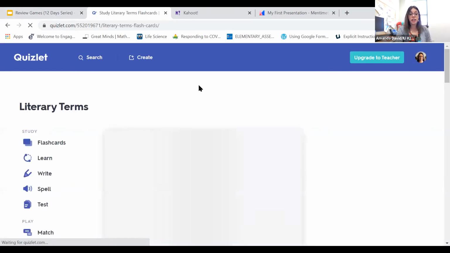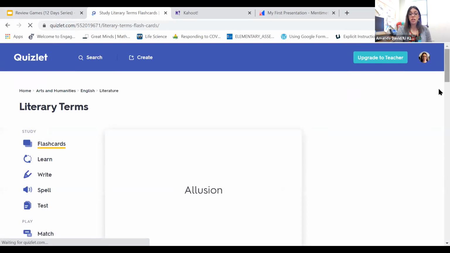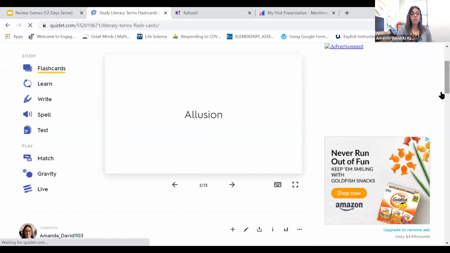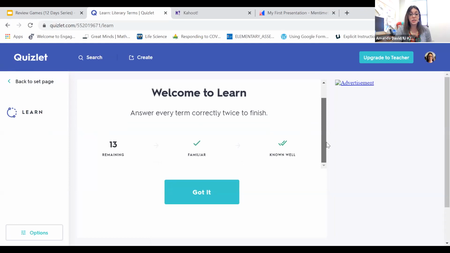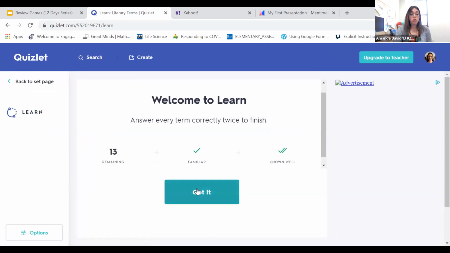You can shuffle the flashcards so that they're not in order. This is great as a review. What I also like is that you can have these as a center if you were in person, or as an independent activity. You could go to the Learn feature,